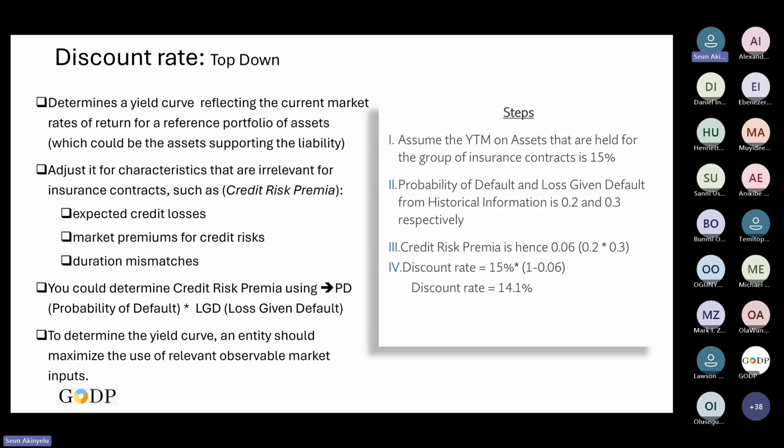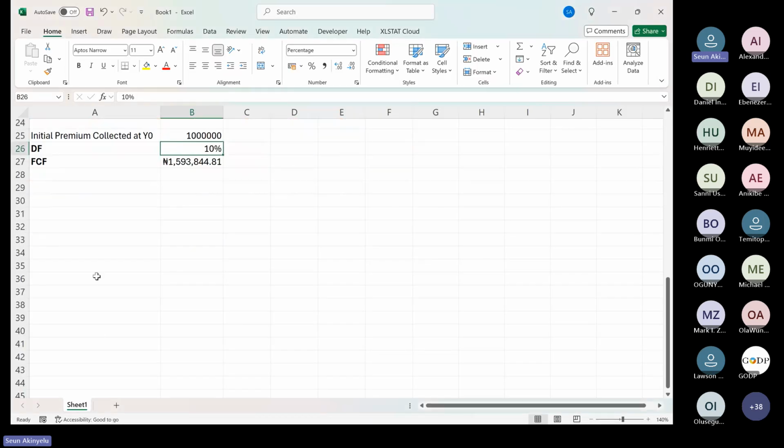Those bonds or that T-bill is what they call reference portfolio assets, because we are saying the reference for that particular liability that we raised, that we collected premium for, is on that particular asset. The rate of that asset is where we start from, i.e., we get that particular rate. For example, let's assume that we invested the money from that premium on bonds, or let's say T-bill, and the T-bill rate that we invested in, I'm looking at the rate now. So I'm doing top down.